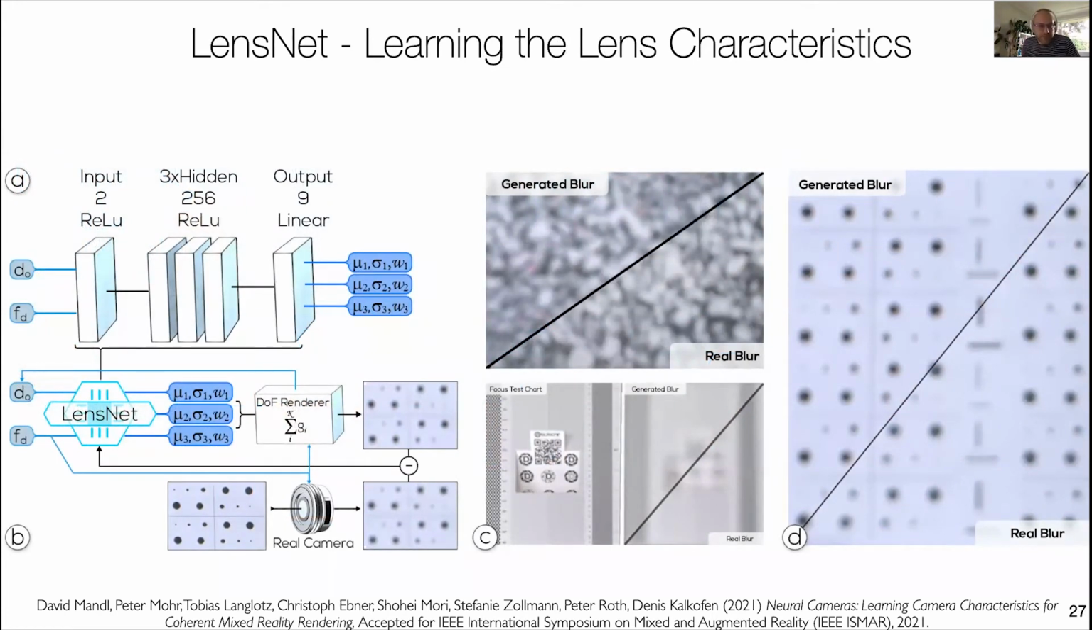We created a network and we wanted to learn the lens characteristics. That of course required that we capture image material with that camera, and we did this with a specific pattern. And we analyzed basically the sharpness. I will not go into much detail, but basically this learning,